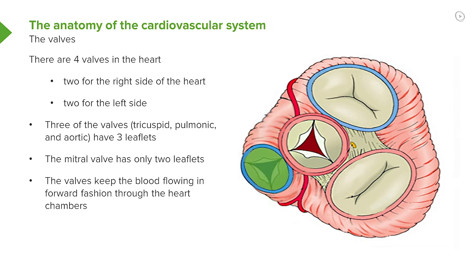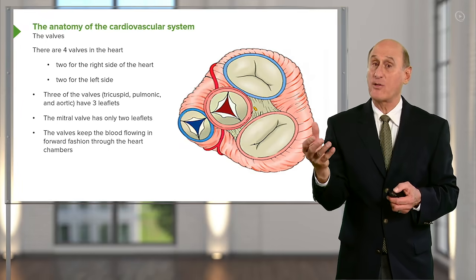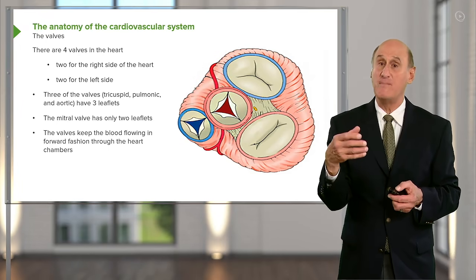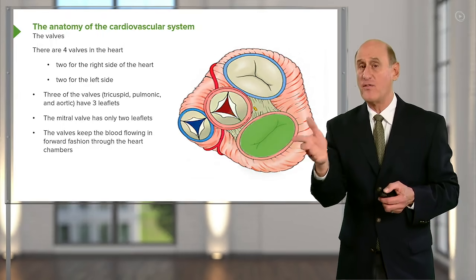Look at the blue valve to the left. That's the pulmonary artery valve, and you'll notice it's open because the right ventricle is squeezing blood through it. That blood goes to the lungs, as we talked about, gets oxygenated, picks up oxygen, comes back through the pulmonary veins to the left atrium, and then passes through the valve, the red circled valve on the right-hand side of